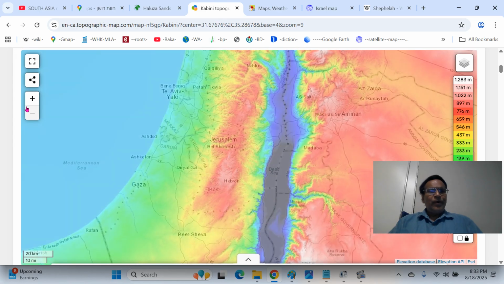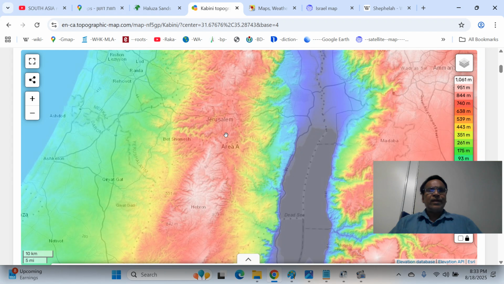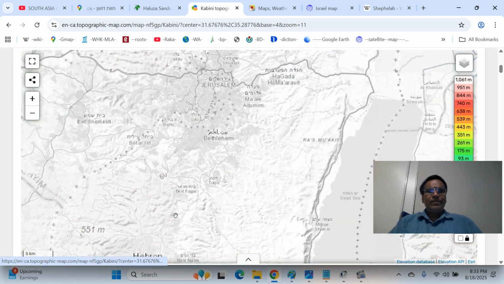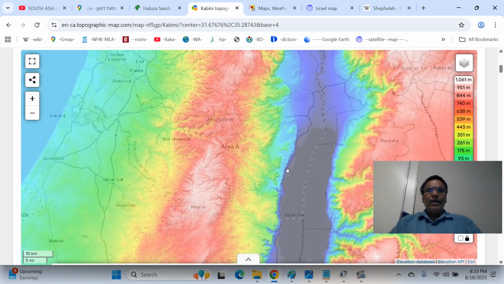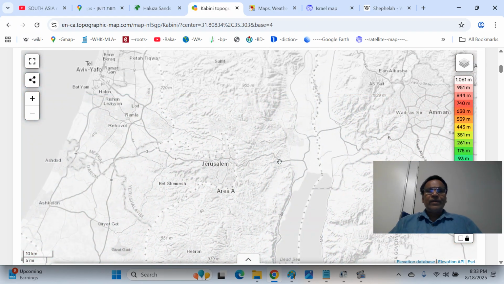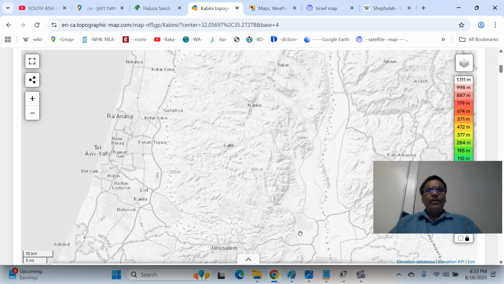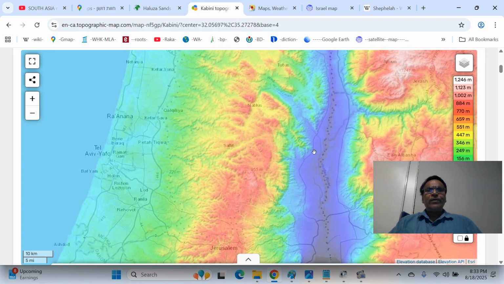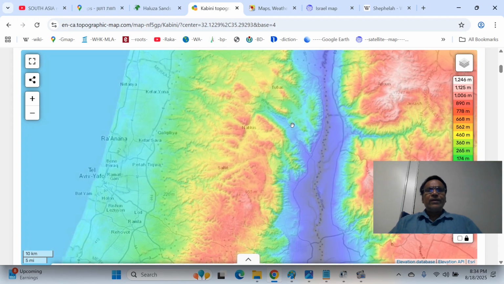So the important town you can always remember, the Hebron region. Hebron and Jerusalem is Al-Quds, and near Jerusalem there is Bethlehem. South of Jerusalem there is the town of Bethlehem. And Jericho is the town east of it, so Jericho Muhafazah or Governorate is there. And the northern part is the Jenin region that is close to the Jezreel Valley. You can see the Jenin region here.